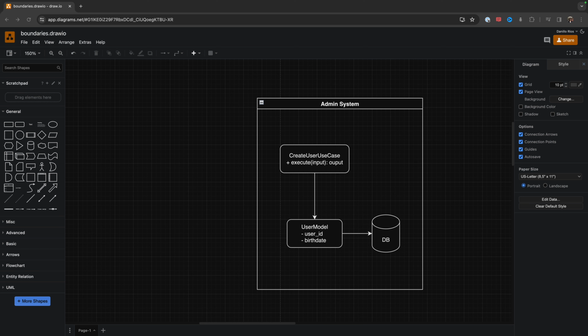So guys, in the next video, we implement this architecture from scratch using Node, TypeScript, and Jest. And in the third video, you'll see how to fix everything by using boundaries between our components.